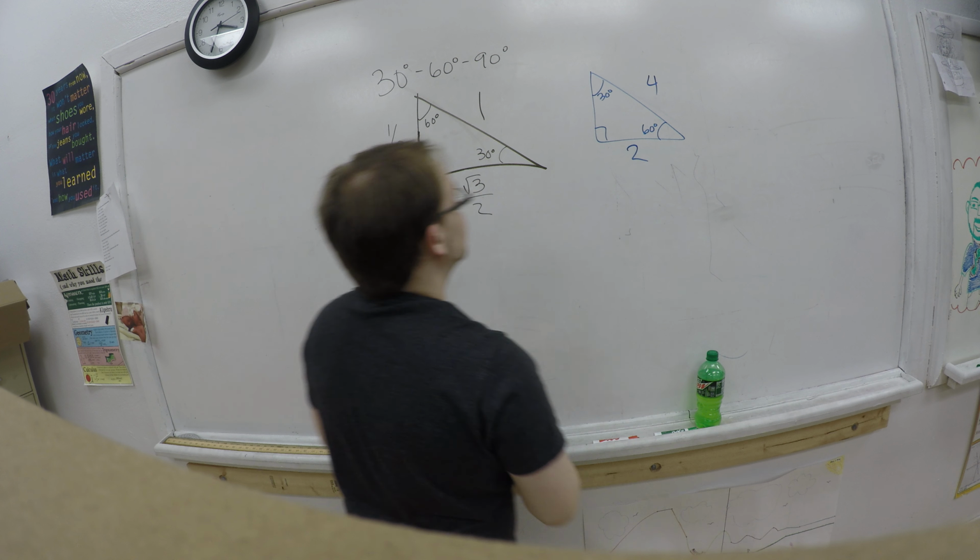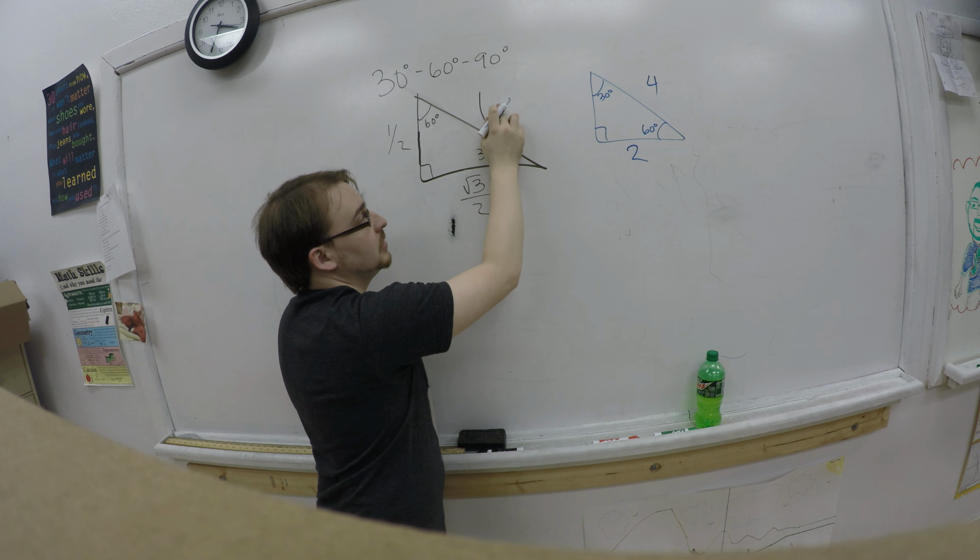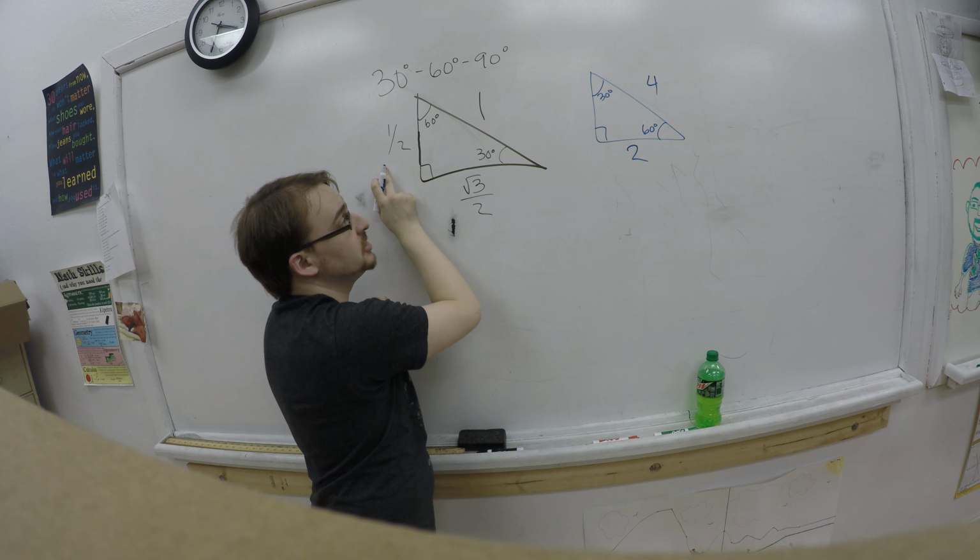That's all that is. In our original triangle, we had 1, and the opposite of 30 was a half. That means that whatever the